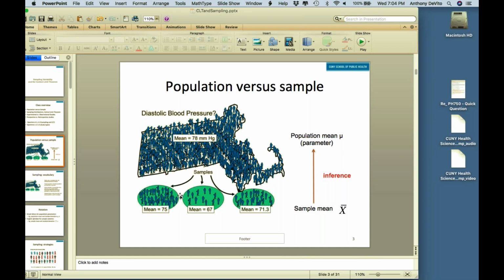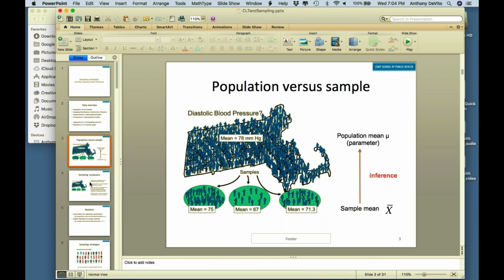As the sample gets bigger, it's likely that we're going to have a more accurate view of what the population mean is. But we could actually wind up with a large sample that's not as good at predicting as a small sample just because of chance, right? So we need to understand how likely it is, or how I can determine how well my sample is predicting the population mean. So we're going to look at a good way to do that.